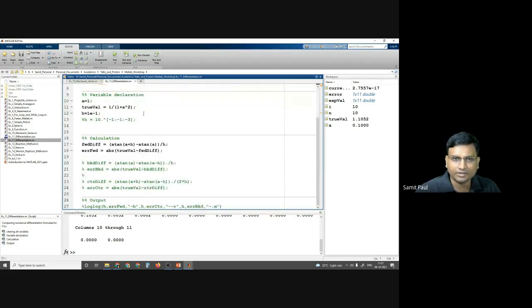So I have taken a equal to 1, and the true value is 1 by 1 plus a square. And the step size h, initially I have taken 1 into 10 to the power of minus 1, so 0.1.